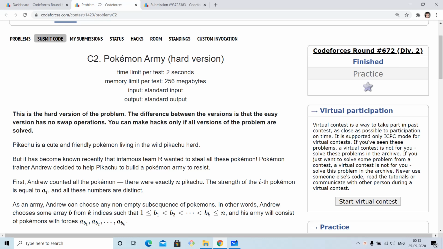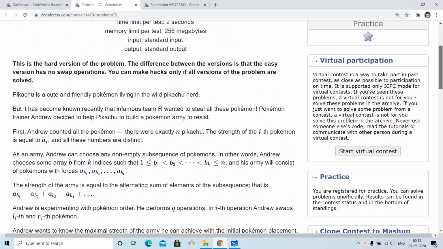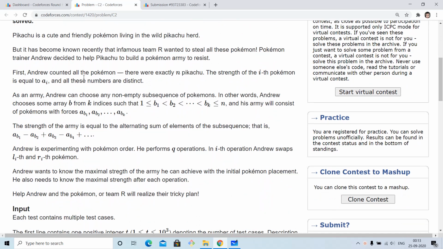Hello everyone, in this video we are going to discuss the problem C2 Pokemon Army, hard version, of Codeforces Round 672 Div 2. So the problem is we are given n distinct integers a_i, and then we have to select k indexes, that is, a non-empty subsequence of the given sequence with indexes b1, b2, up to bk, in such a way that our subsequence will be